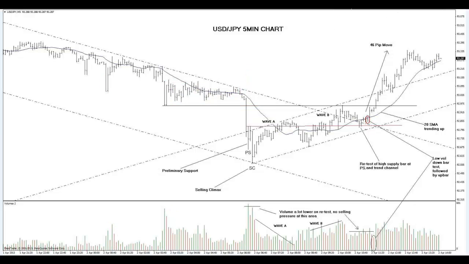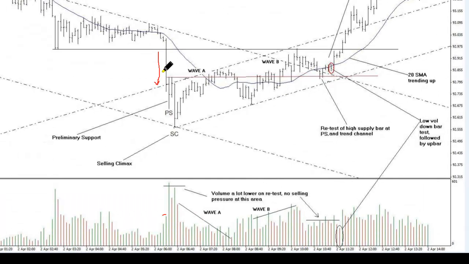And as you can see, then we got this big down bar and the volume started to increase. So there would have been a lot of stops taken out. People who were looking long here needed to cover in this area. That added to the selling. The next bar down,